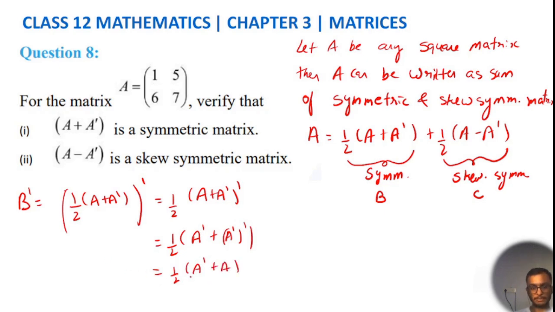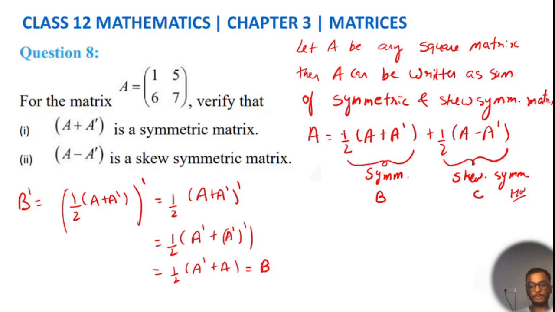which is B, right. B क्या लिया था अपने, 1/2 (A प्लस A ट्रांसपोज), जो अपने को इधर मिल गया 1/2 (A प्लस A ट्रांसपोज)। तो अपने ने बता दिया कि B ट्रांसपोज इज सेम एज B, राइट। तो ये सिमेट्रिक हो गया। सिमिलरली आप इसको स्क्यू सिमेट्रिक बता सकते हैं, ये आपका होमवर्क है कि आप इसको स्क्यू सिमेट्रिक कैसे बताएंगे। वो भी बस सेम वे करना है और -1 कॉमन ले लेंगे तो वो स्क्यू सिमेट्रिक हो जाएगा।